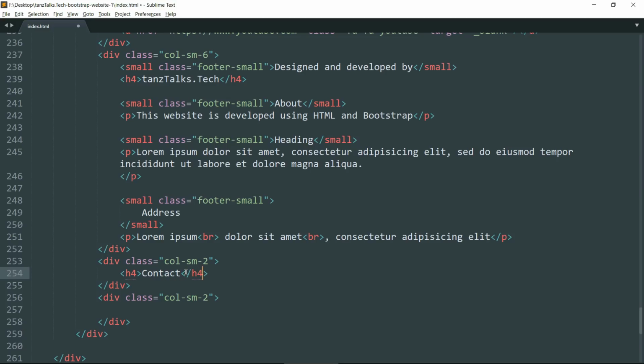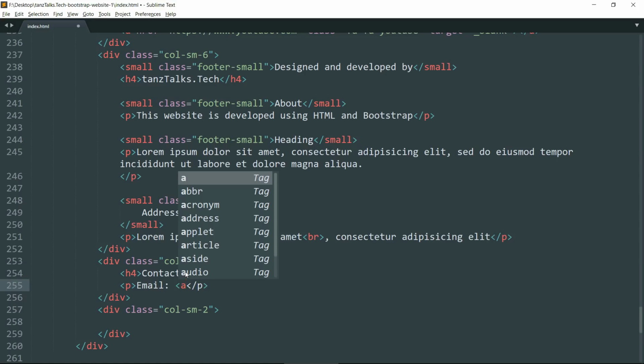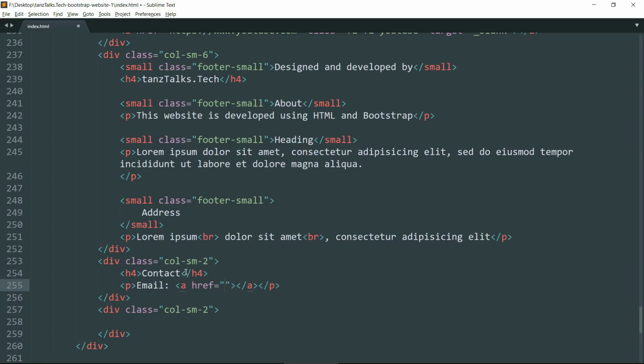Now drop down and create a p tag and let's write email and create a link. That's an a tag and refer it to mailto colon and write your email ID.